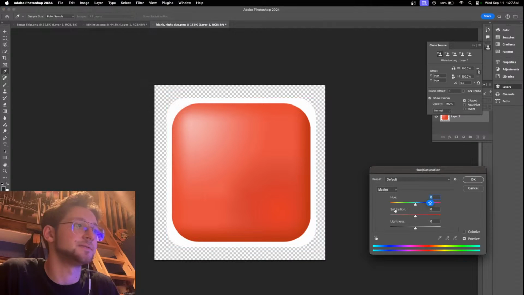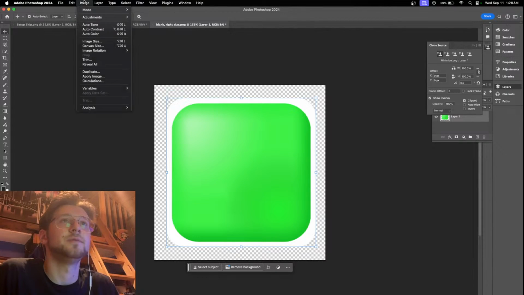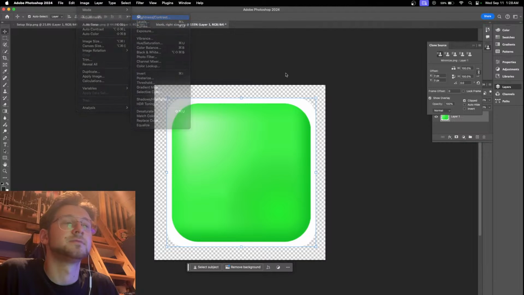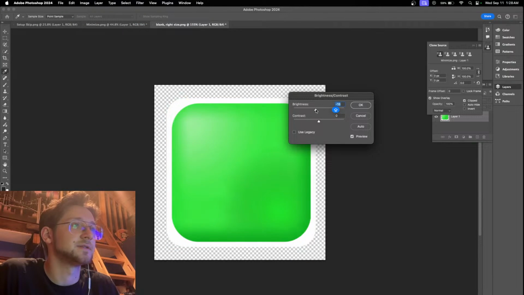Hue and saturation. So green. That's where that shows up. So what I can do here is hopefully just brightness. Hope it doesn't affect the